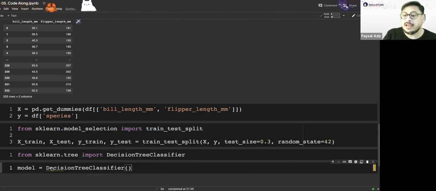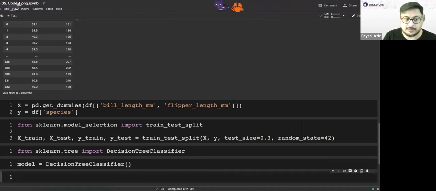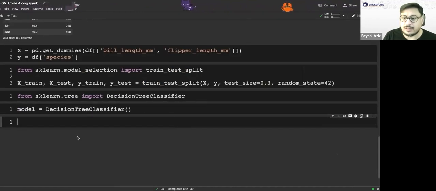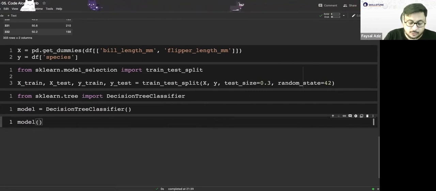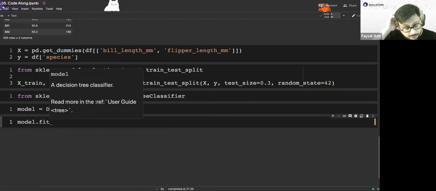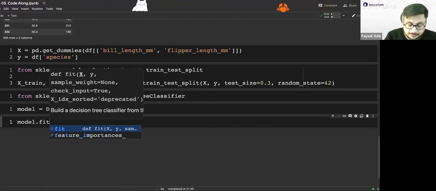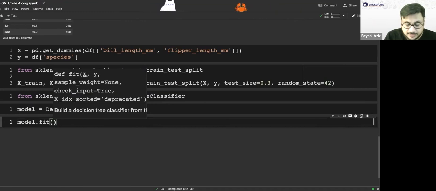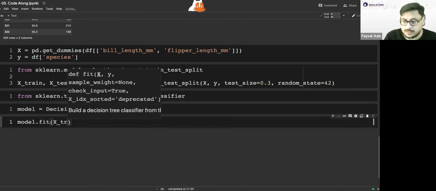What this means is I'm telling Python that I want to use this model, this machine learning algorithm. Now that I've told Python, I want to tell Python, okay, now you know the model, right? Now you need to fit the data. So you take the X_train data, which again, Python has already split for me. So I want to fit it. So model.fit(X_train, it should autocomplete.